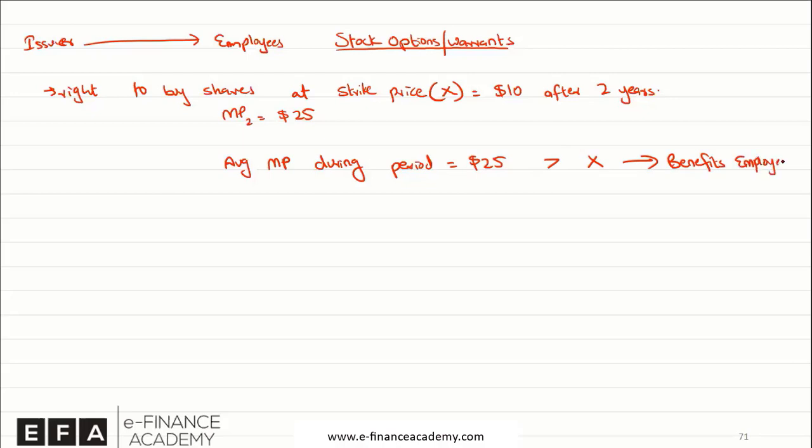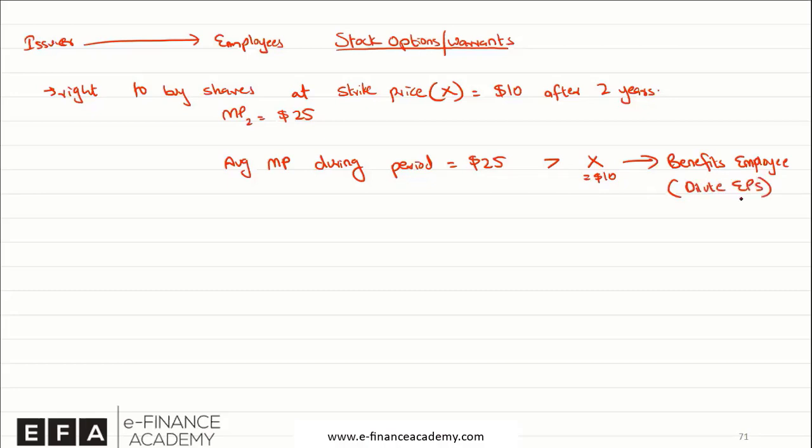In other words, the employee is receiving a share worth $25 while paying only $10 if our exercise price is $10. So the employer, which is the issuer, is receiving only $10 for each share that is actually worth $25. Hence, whenever the stock option benefits the employee and the employee would exercise it, it will always be dilutive for the employer, meaning it will bring the EPS down. So in this scenario, it will dilute